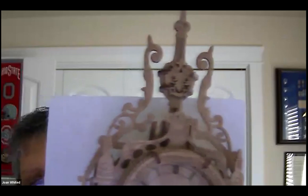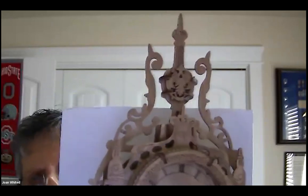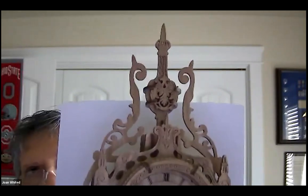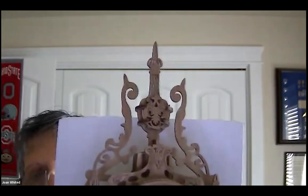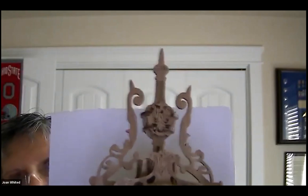More like, for me, it was 3 hours, but I didn't know if I should do it all at once or what. But anyway, I ended up doing it. The biggest thing I have a problem with is the hands on the clock. The little one will not stay in place. It was like the third or fourth thing you had to do with the clock, but it just would not,